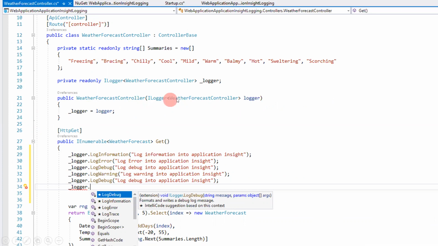We are injecting ILogger services in this class, and this is the class name, and we are assigning its instance to this _logger field. And here you saw how we can log error, how we can log information, based on the requirement. So here we learned how to log messages in application insights using the .NET Core framework.